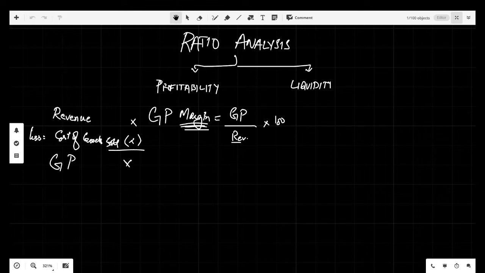So let me in fact write actual numbers. There is a business which made sales of